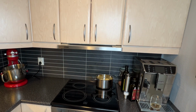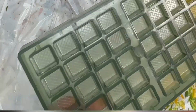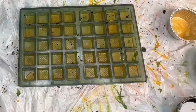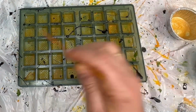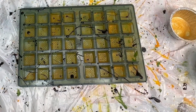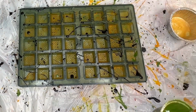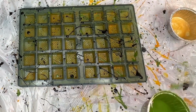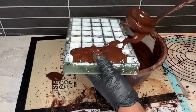We'll start with mixed berry. In the beginning, I have a mold, and then, so easy, I brush green, yellow and black. So easy. First spray yellow color, then one brush green, one brush black, and as you see, it's surreal, and you have a fantastic